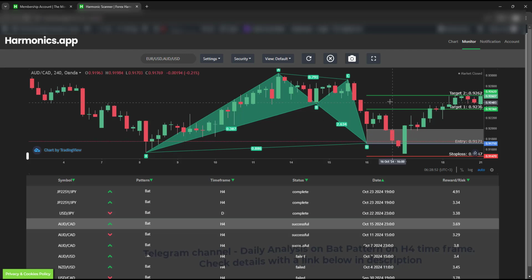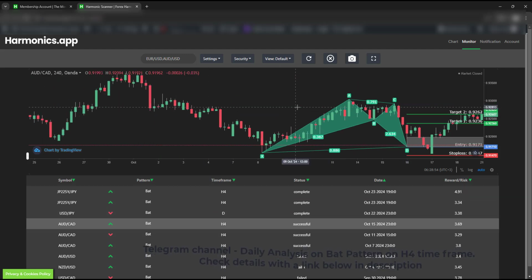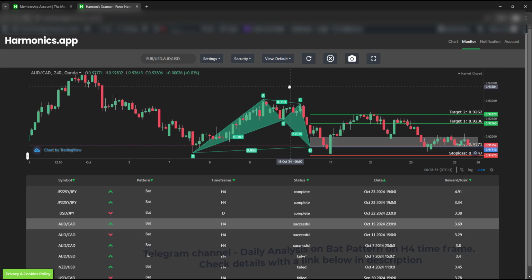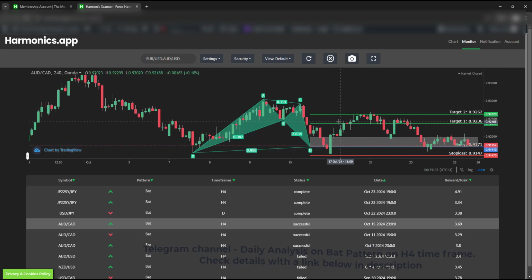23 hours. Now if I click on this one, I can see the chart of this symbol and also this pattern here, where the entry level was here, the first take profit was here, the second take profit was here, and the stop loss was here. So in this case we can see the price has gone all the way back down, very close to the stop loss, did not touch it, but then returned back up, confirming this bullish bad pattern as successful,